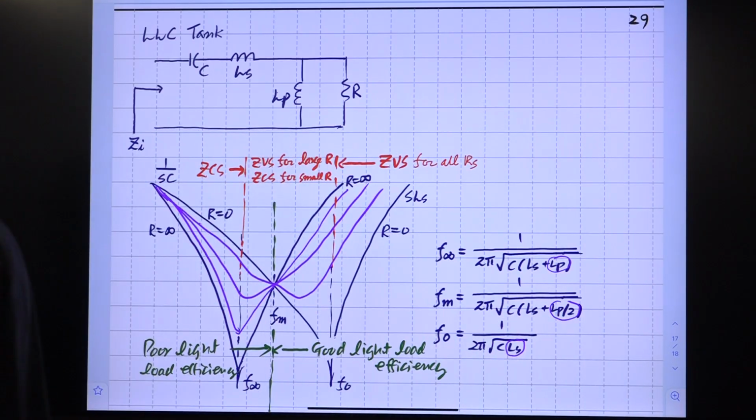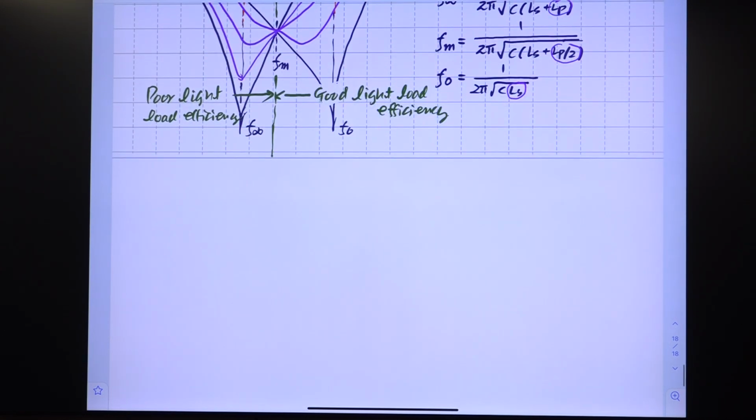So everything depends on the switching device you are using. There is no inherently good or inherently bad structure of tank circuit. It depends on the application and the switches you are using.